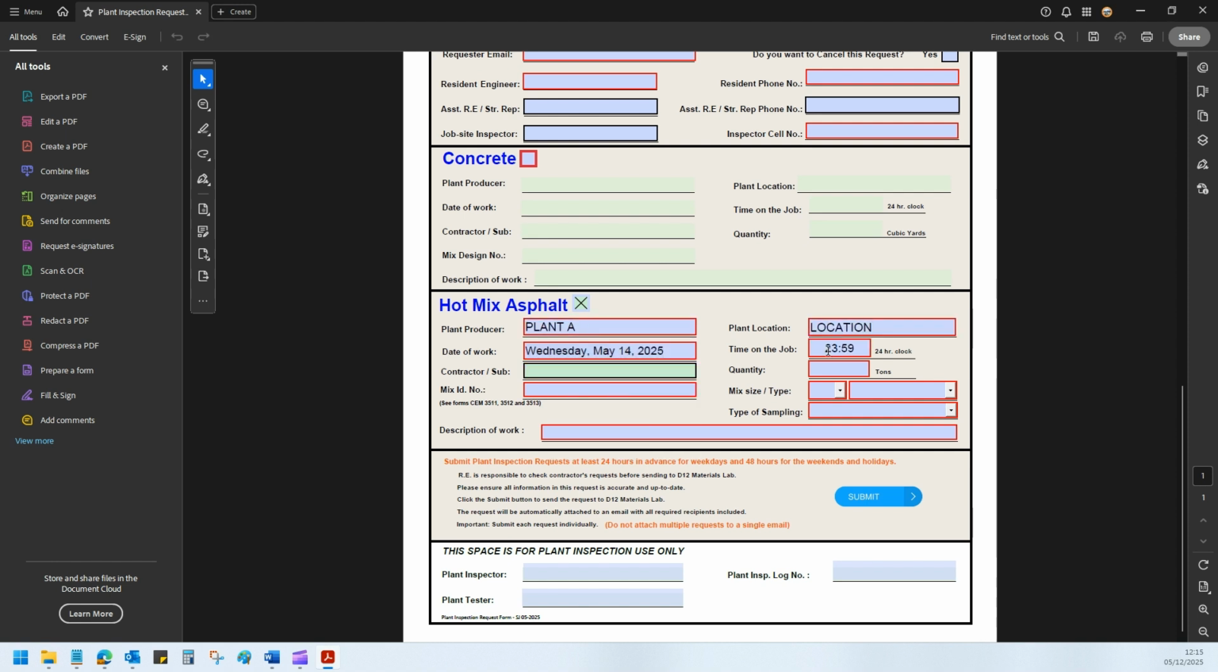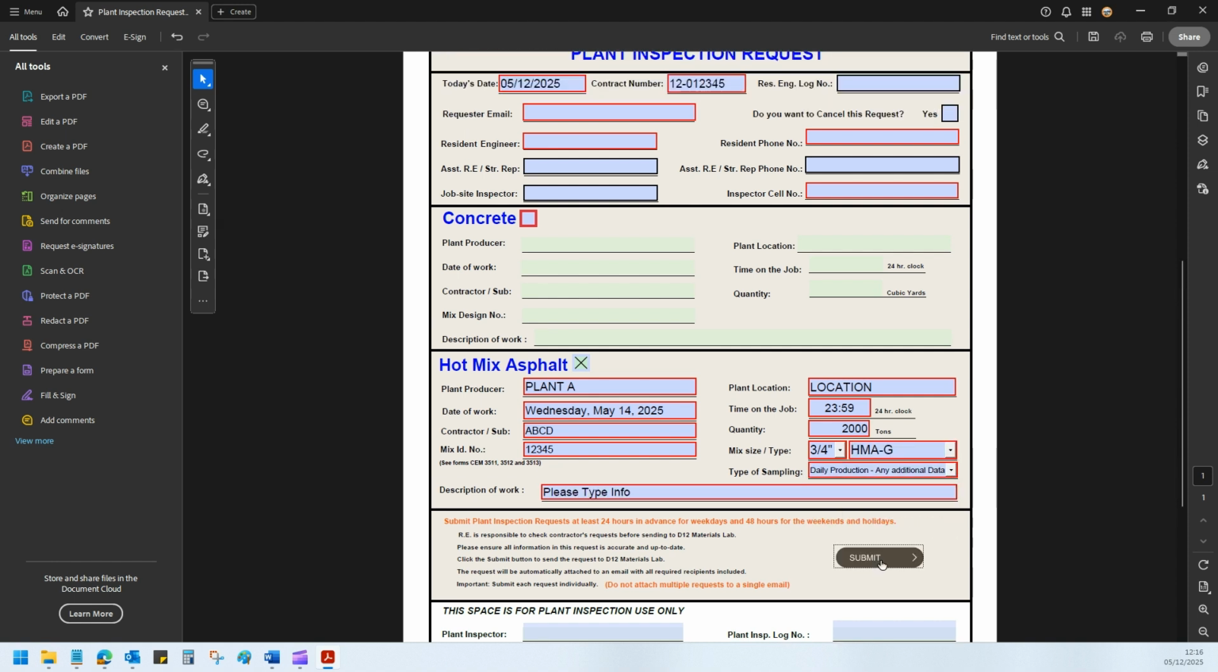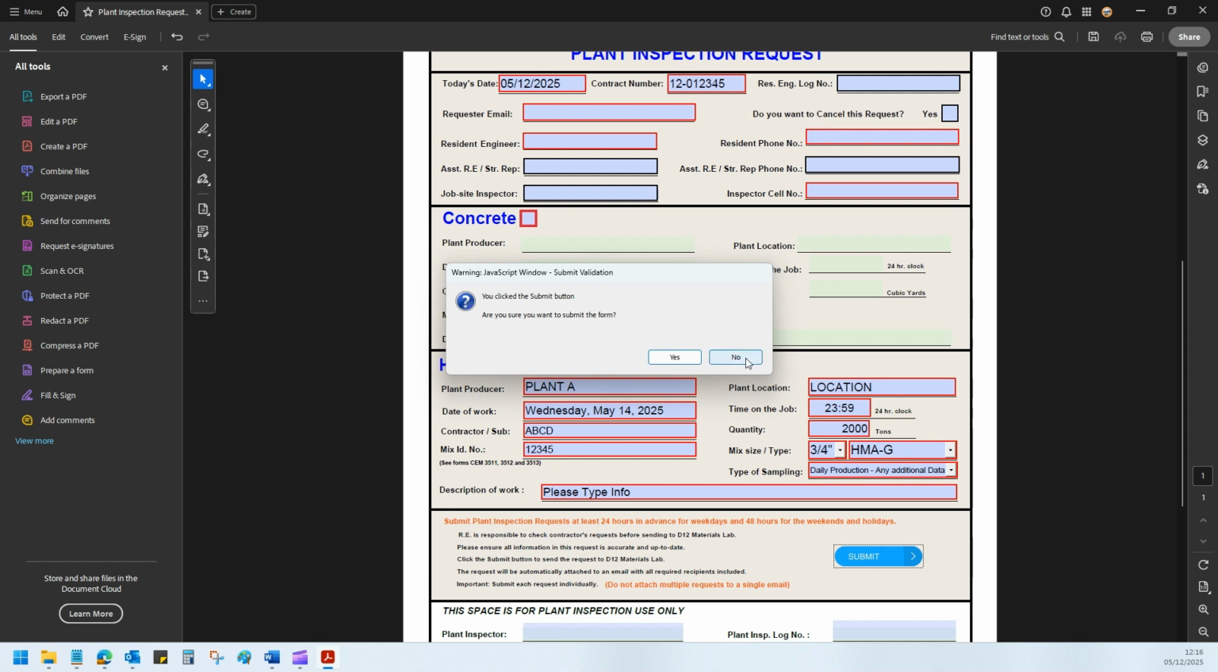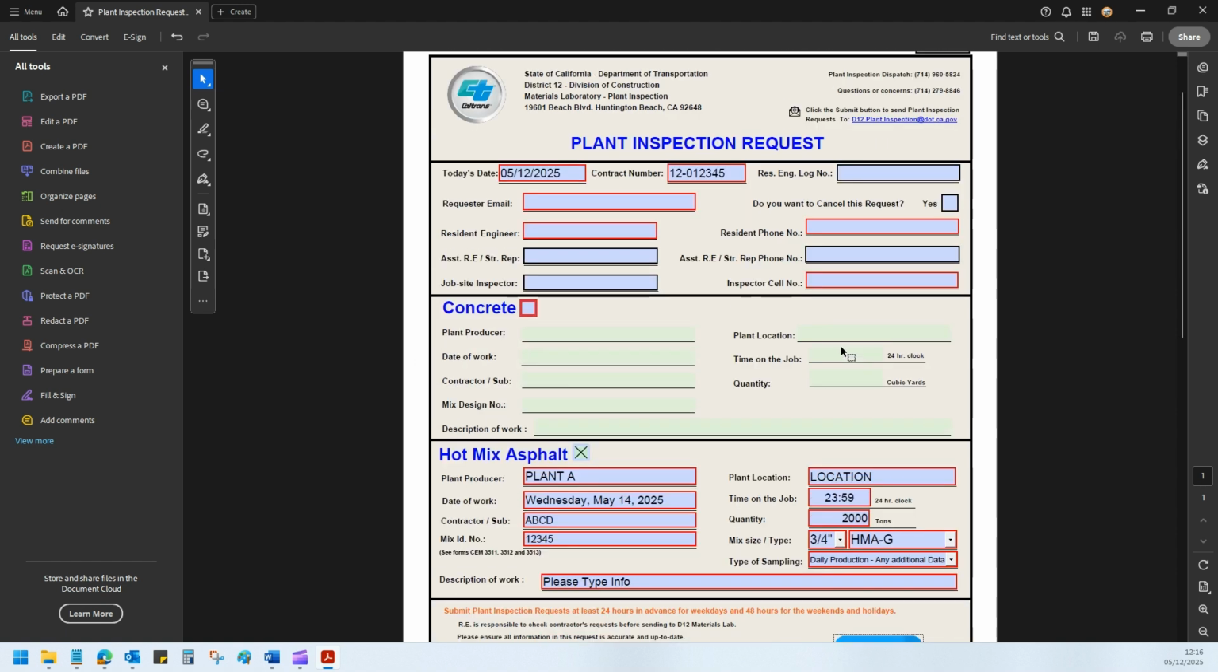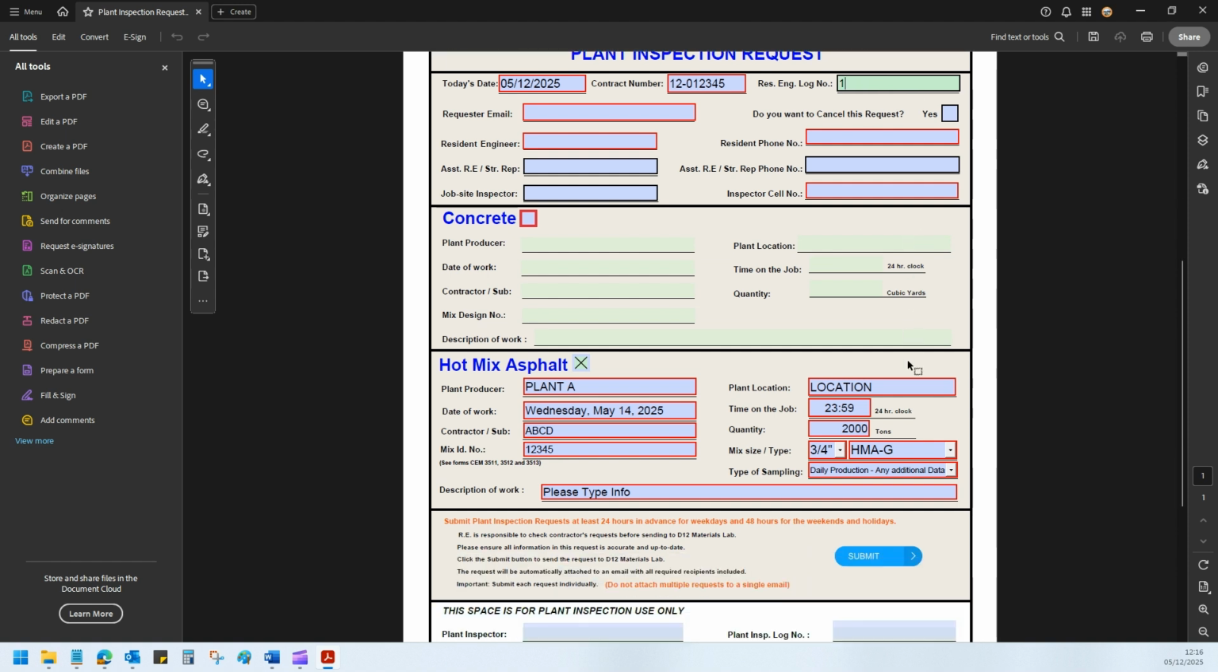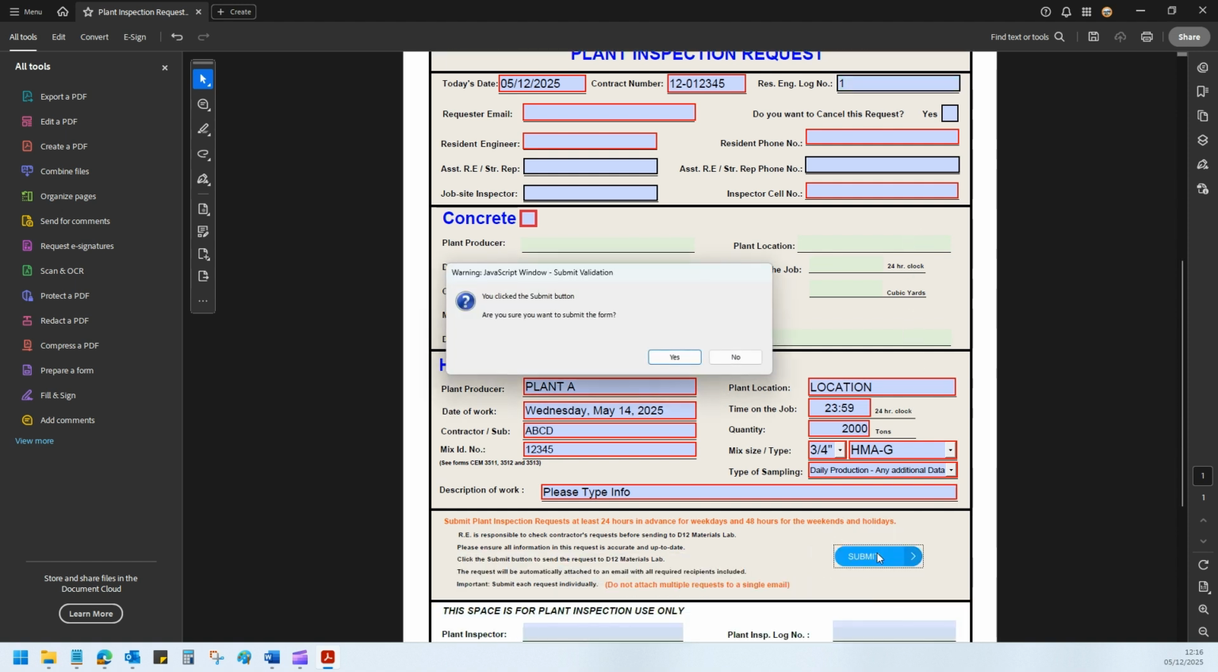Once you're done with all the required fields, click on the Submit button to submit your request. This will open the warning window that will ask you if you are sure to submit your form. If you click No, the system will allow you to edit the request furthermore. Once you're satisfied with all the required fields that you have entered, click on the Submit button to submit your